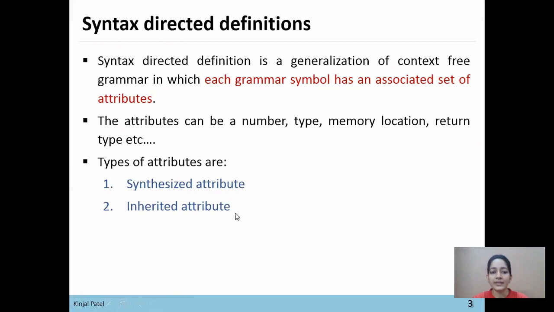There are no rules to define a synthesized attribute. But to represent an inherited attribute, we can use .in or .i syntax only.